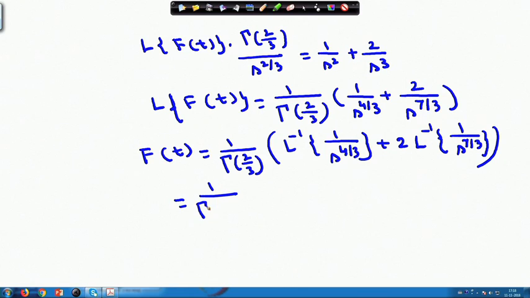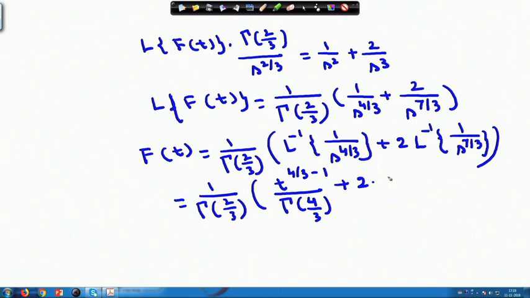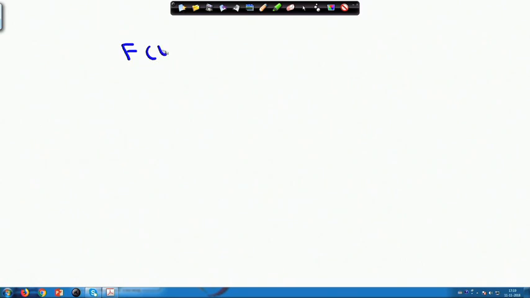So, that I can write this equals 1 by gamma(2/3) into t to the power 4/3 minus 1 by gamma(4/3). This will be one case, plus 2 into t to the power 7/3 minus 1 by gamma(7/3). And now, if I make the changes from here, then next I can write down my f(t) as 1 by gamma(2/3) into t to the power 1/3 divided by (1/3) into gamma(1/3),